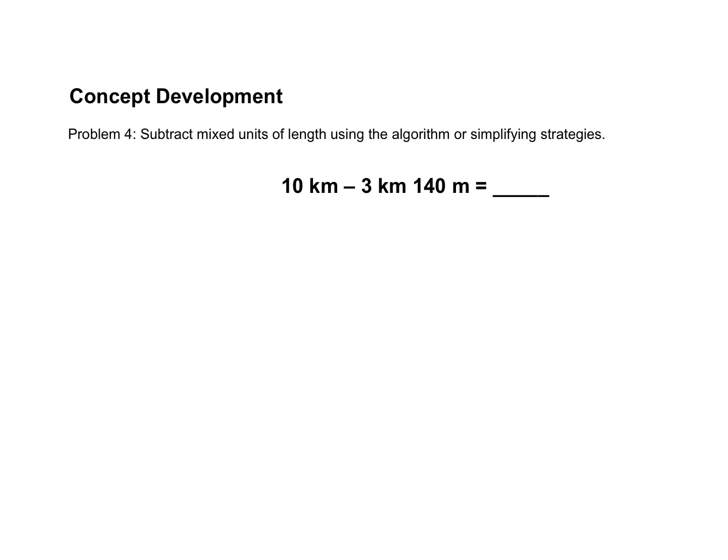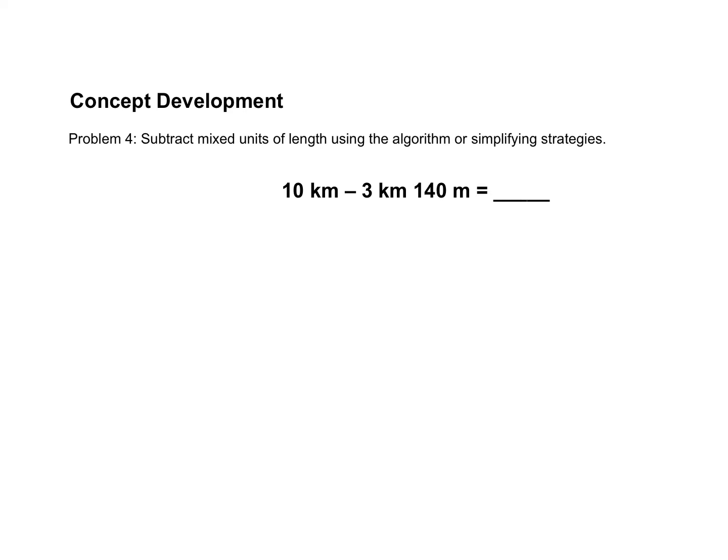All right, now we're going to subtract mixed units of length using the algorithm or simplifying strategies. When I look at this, I've got 10 kilometers, and I'm subtracting 3 kilometers, 140 meters. I have a couple of choices here. I can take my kilometers and turn all of that into meters, and then turn everything back. Or I can say, okay, I've got 10 kilometers here, and I'm going to break that apart into